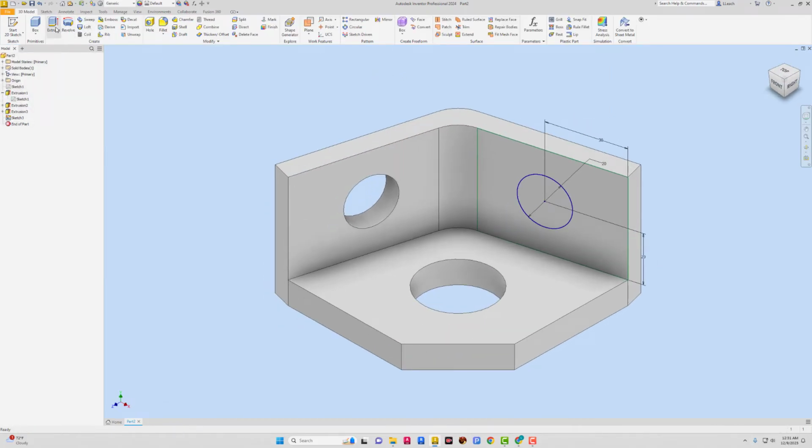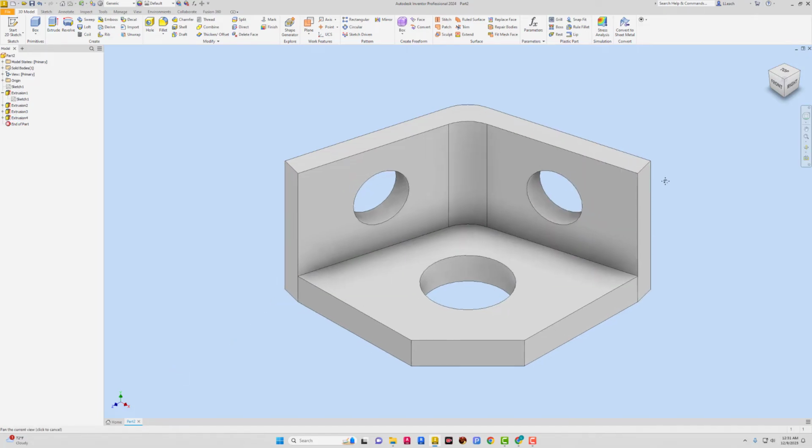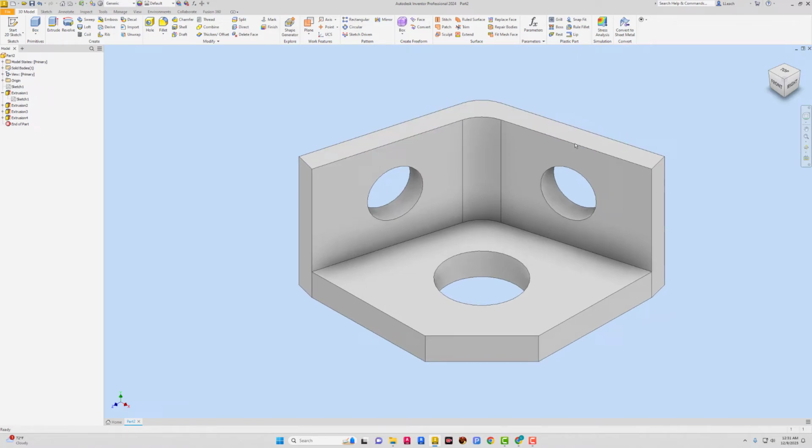I'm going to extrude it. The circle, I'm going to cut it. So it's going to be a Boolean cut. It's going to go all the way through. And then hit OK. So there is our